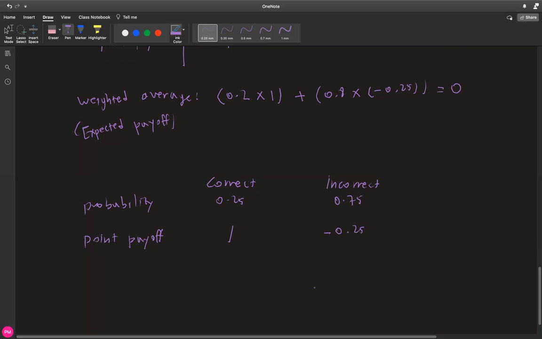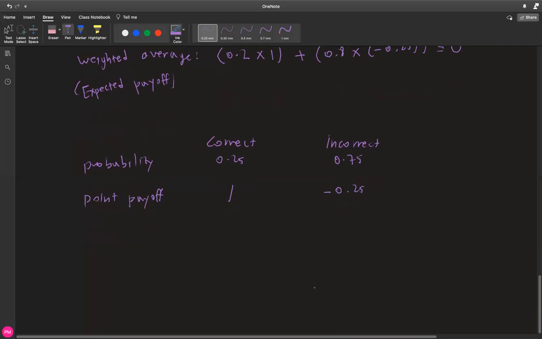So once again, you can simply do the weighted average or the expected payoff. In this case, let me use the terminology expected payoff, and let's say we're just going to say E. For the correct answers, you have a probability of 0.25, or in other words, the weight of 0.25. And for that value, you're gaining 1 point.